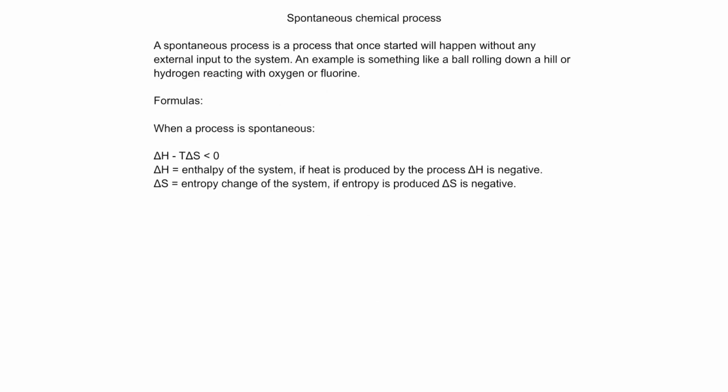A spontaneous chemical process, or any spontaneous process in general, is a process that once started will happen without any external input to the system. An example is something like a ball rolling down a hill, or hydrogen reacting with oxygen or fluorine at ambient temperature. When a process is spontaneous, the enthalpy change minus the temperature times the entropy change of an interaction is